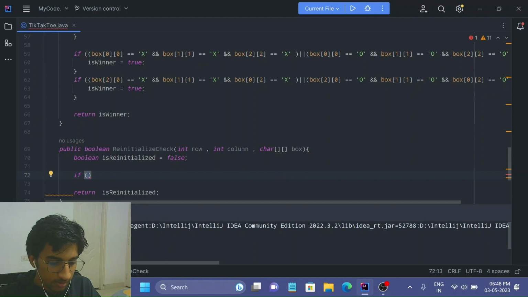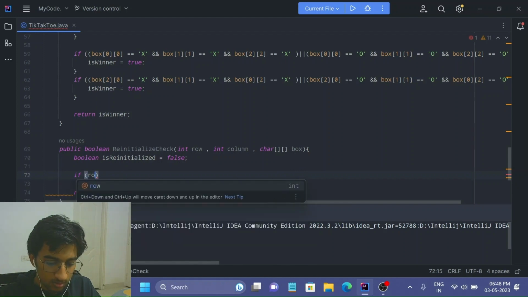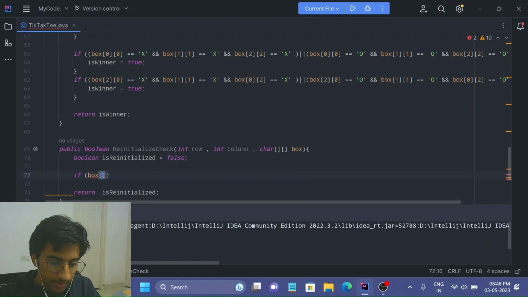If that particular box, that particular row and column, is equal to x or it is equal to O,